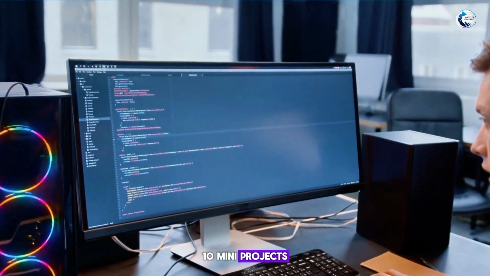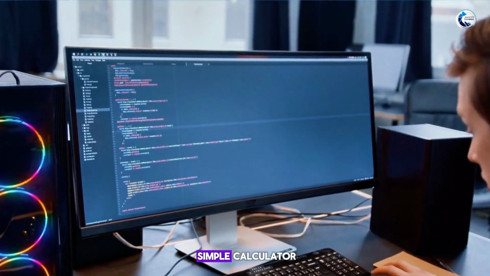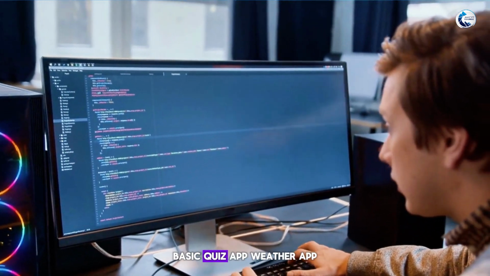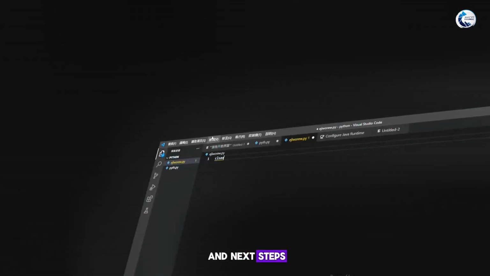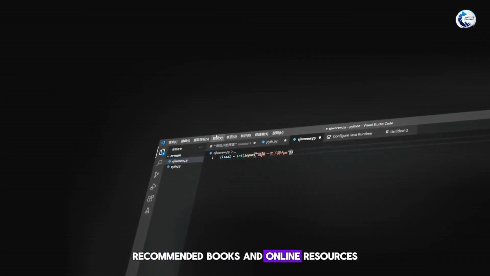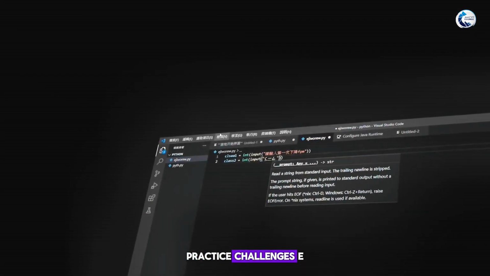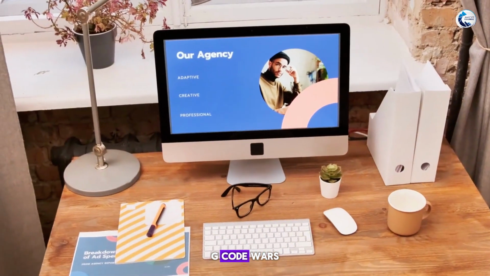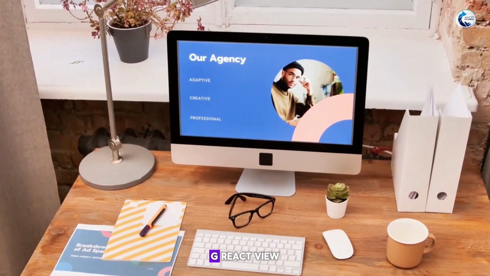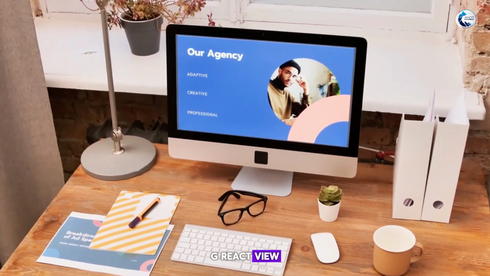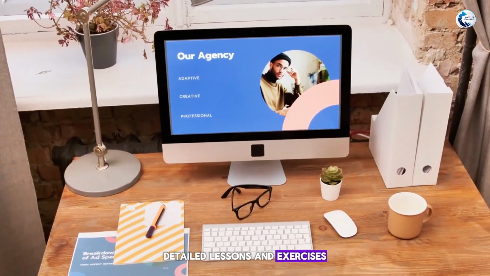Mini projects: interactive to-do list, simple calculator, basic quiz app, weather app using an API. Resources and next steps: recommended books and online resources, practice challenges, e.g., Codewars, HackerRank. Introduction to frameworks, e.g., React, Vue. Detailed lessons and exercises for the JavaScript